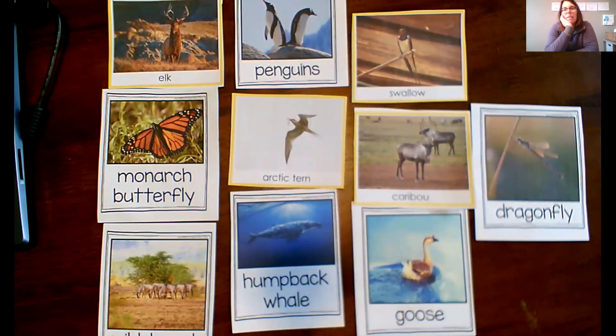Think about a time when you see them flying. How are they flying and what are they doing? Have you ever seen them flying in that V formation? Oh, it goes like this, the V formation. Yeah. Okay. What about caribou?